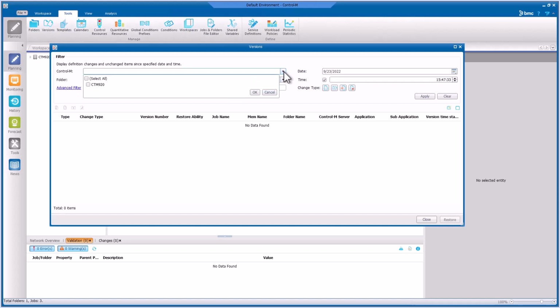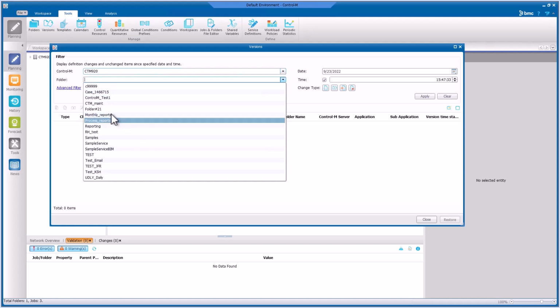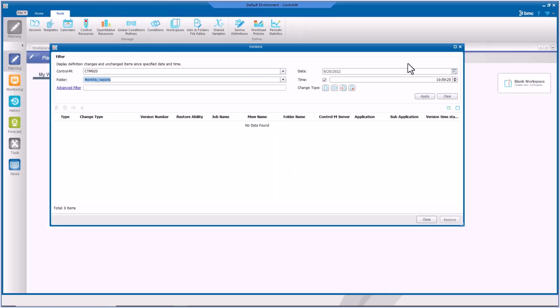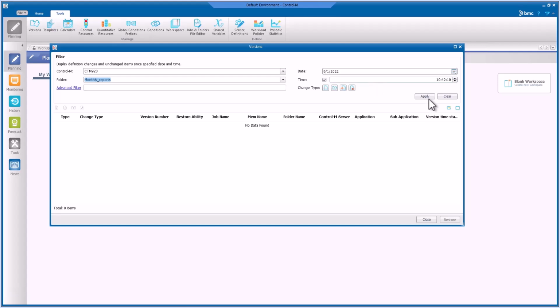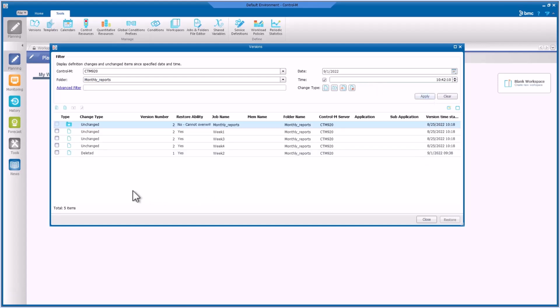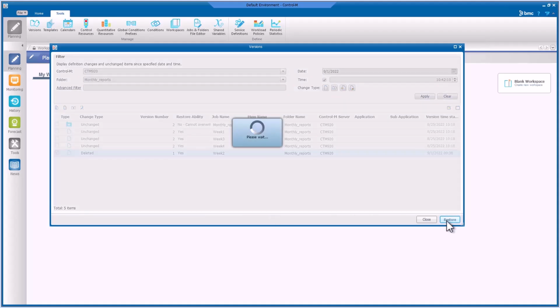I am going to select Control Server. I am going to select the folder monthly report. And you also notice the date here, and I'm going to select all the changes since the beginning of the month, and I'm going to leave the time together. And I'm going to click on Apply. I can see that the job was deleted, and to restore it, I just need to select it and click on Restore